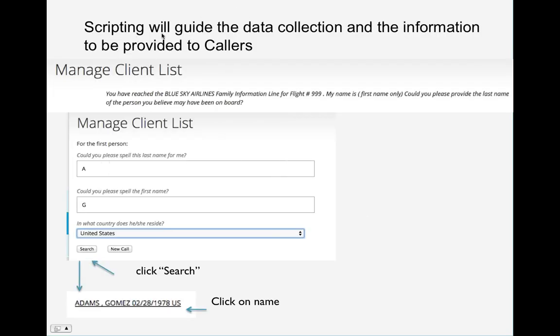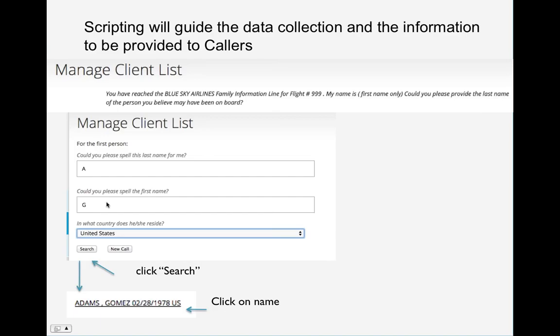So I'm giving you an example here of just a real quick aviation example. Here's your greeting. You're asking the person, could you please spell that name for me? And you want to only enter the first initial of the last name. And also we're suggesting the first initial of the first name. And here's why.